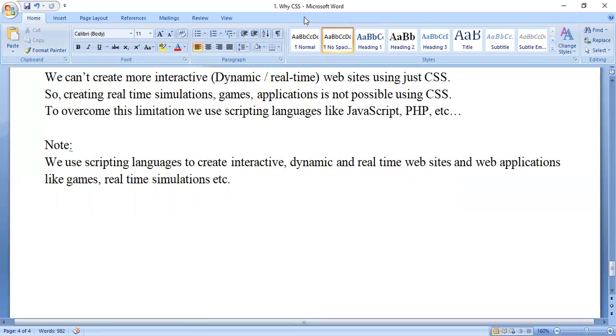So this is your first lecture. In the next lecture, we are going to learn what is CSS, and styling, or what is the syntax,